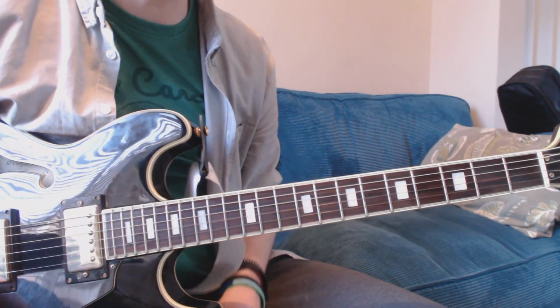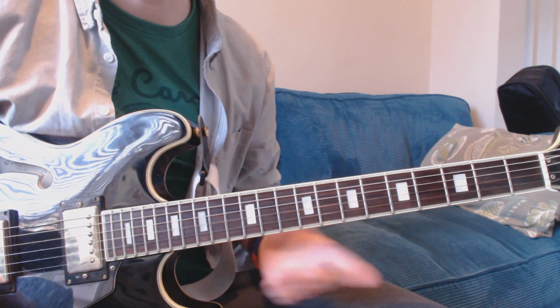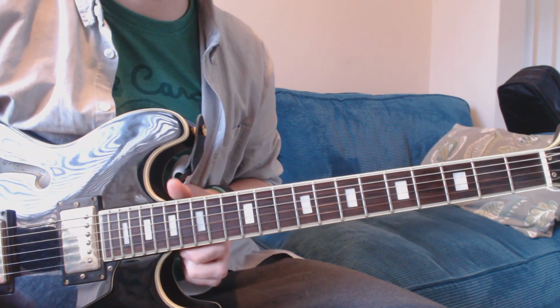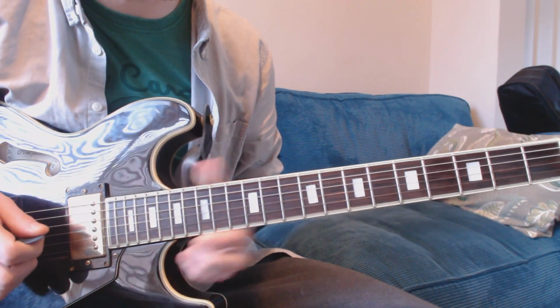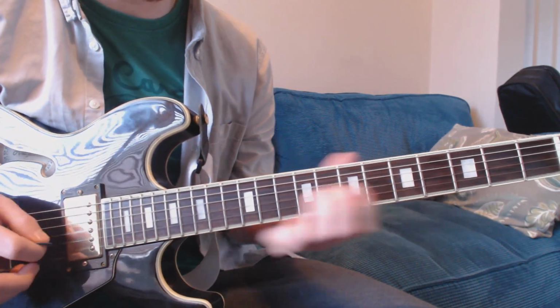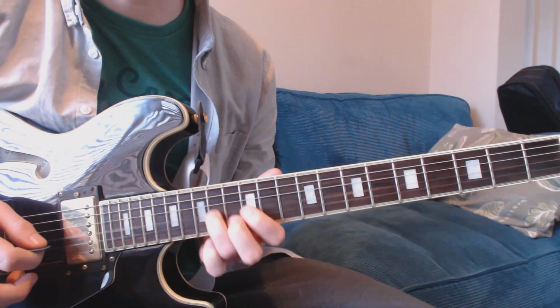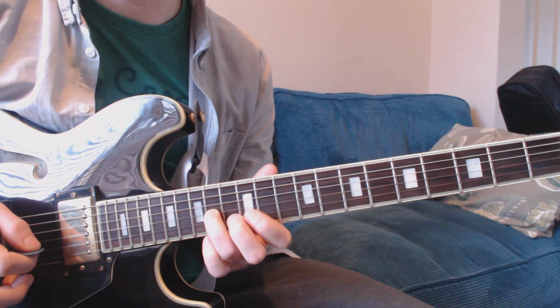Okay, so we'll go straight into the verse. In the verse you won't hear much guitar, you'll hear the same lick repeated and you'll hear a slide as well. And it's mostly bass and singing, of course. So what we're doing is a big slide from anywhere you can find on the G string right down to the 14th fret, and then a little bit of vibrato. So do that once and then you'll hear